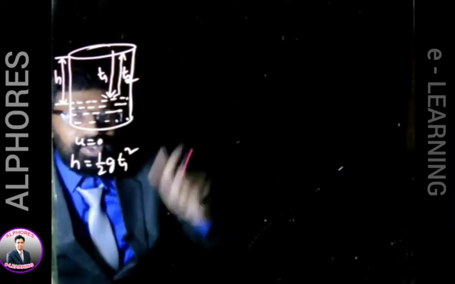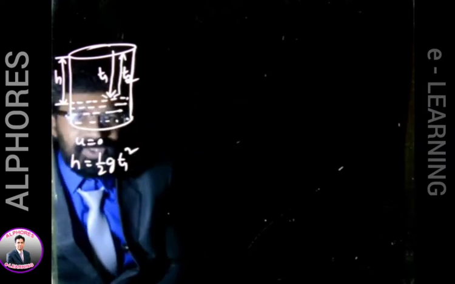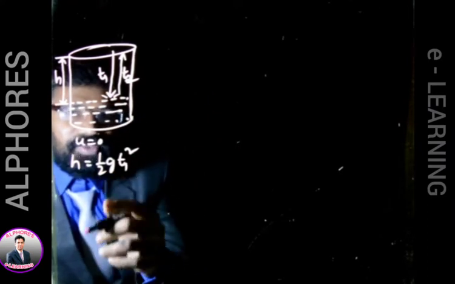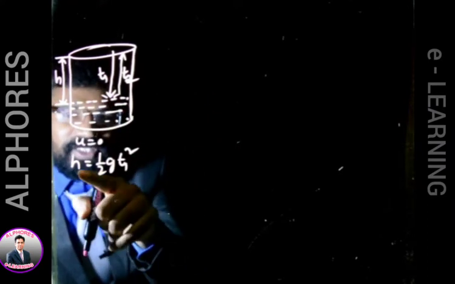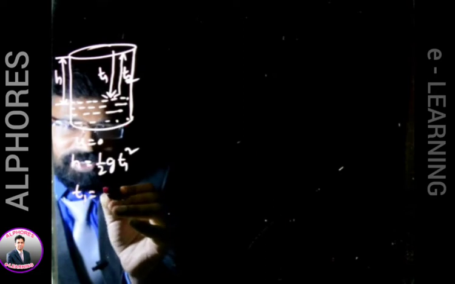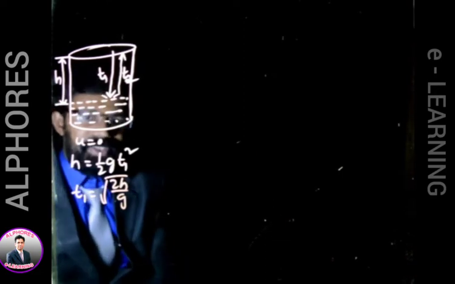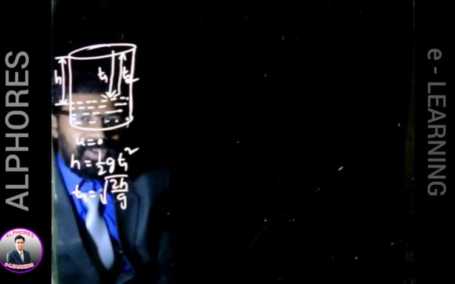If I throw the stone into the well, there will be some initial velocity. See here, what was done? Just the stone is dropped. So ut will be 0. Then what you will have? S is equal to half gt square. Here s is what? H, the total vertical distance covered. Now from here you can write t1 as under root 2h by g, isn't it? So this is the time taken by the stone to reach the surface of the water.